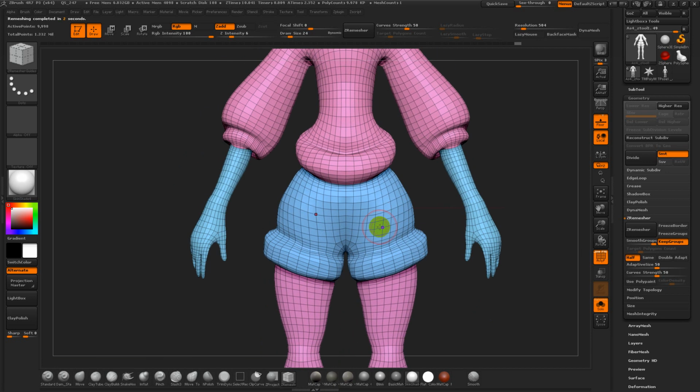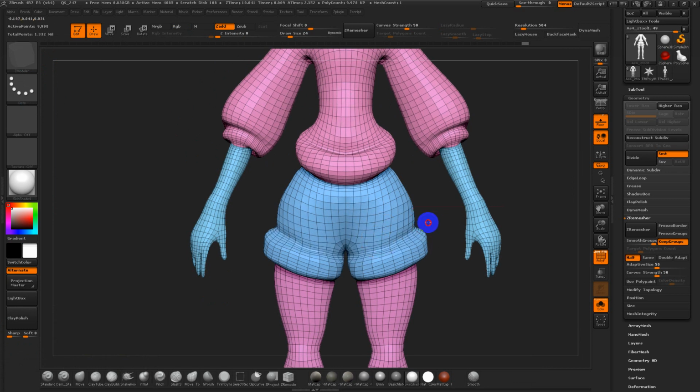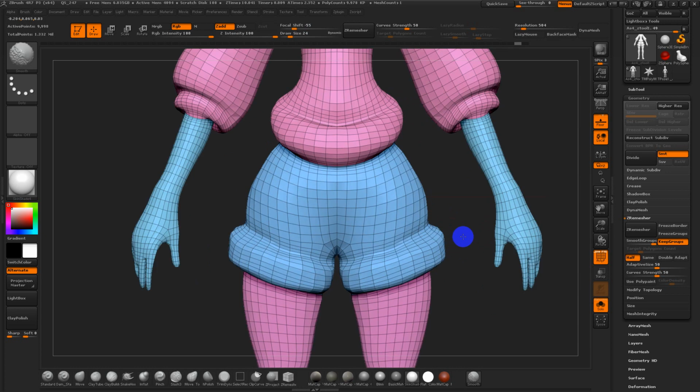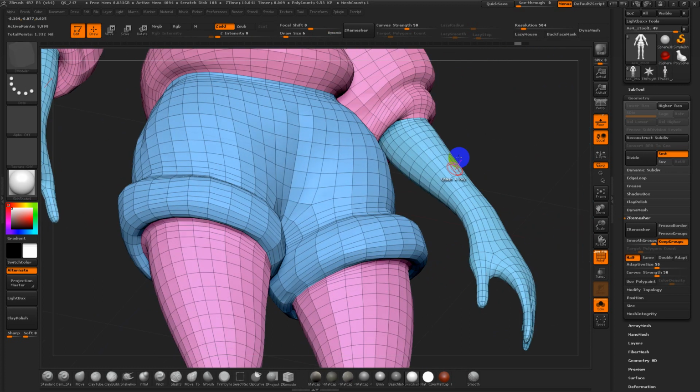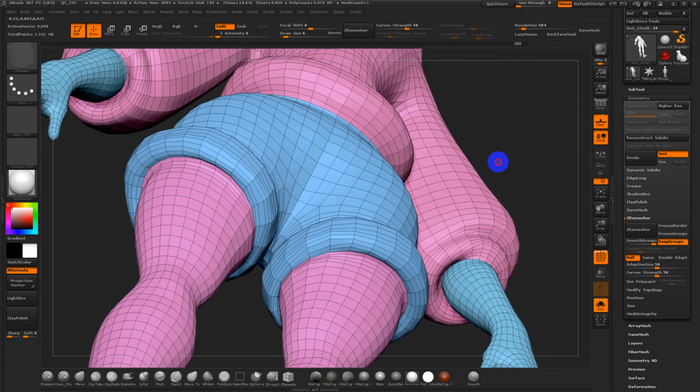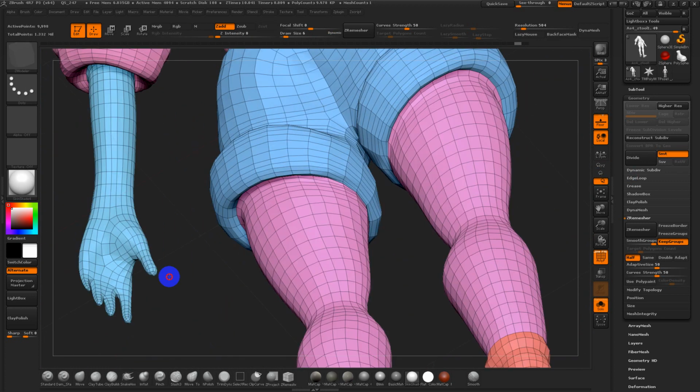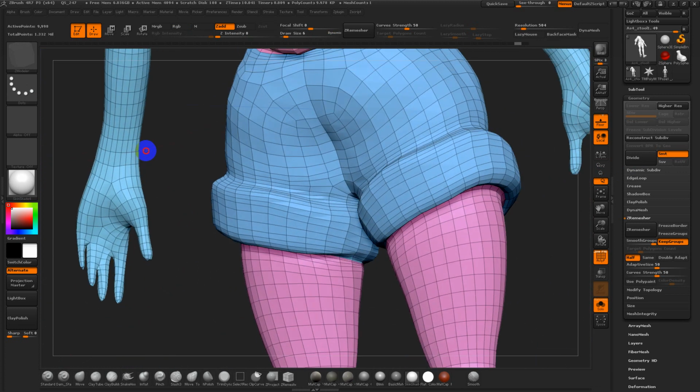So I often like to check, like I said, for any kind of crazy looping. If there is, let's go back to the ZModeler. I've got the delete loop on, so I'm going to delete a loop at a time and just test it out. That may get a little hairy in here, and I'm okay with it so far. It's not the worst thing, but usually along the cuffs and stuff here, yeah, there's a bit of a breakdown. I think it has to do with the back side of the mesh. I think there's some weird polygroup issues there, but